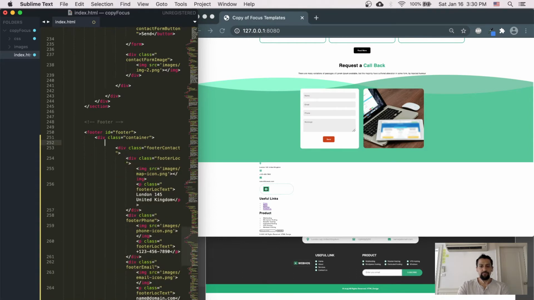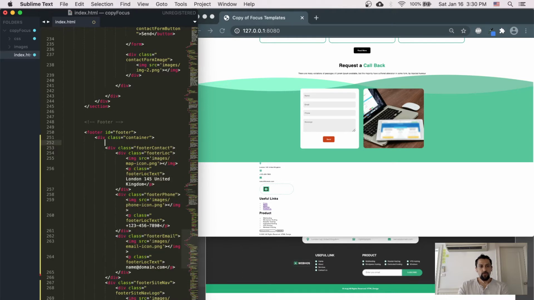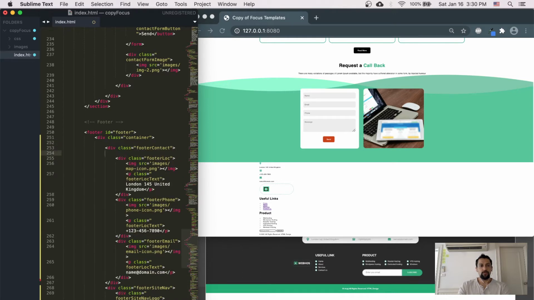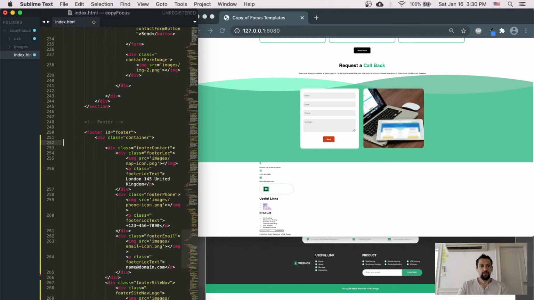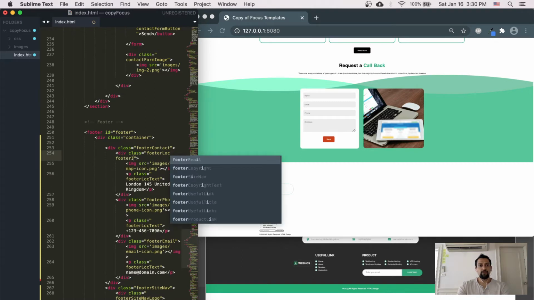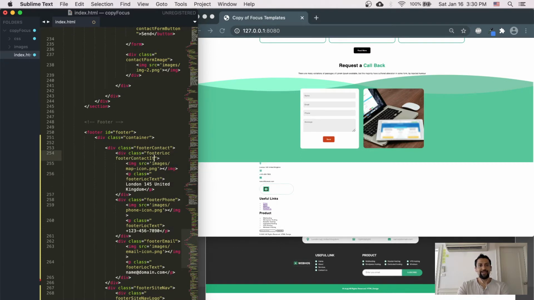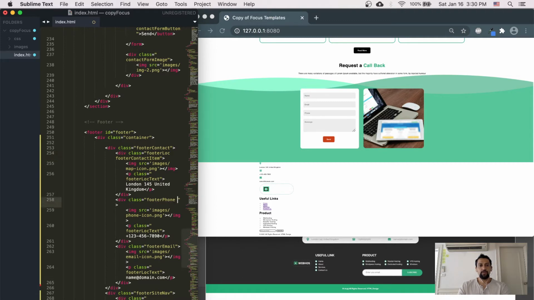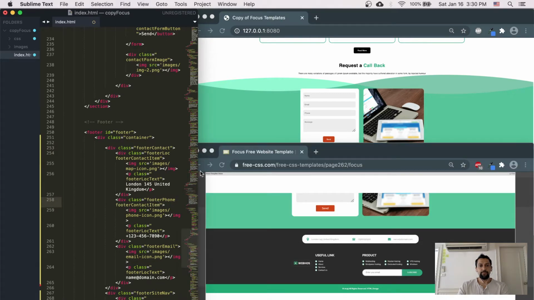Actually, I will leave this alone for now, and I will add in footer contact item as a class for each one of these. So underneath footer contact there is a div footer location and footer contact item. I'll just add footer contact item to all of these. So let me make